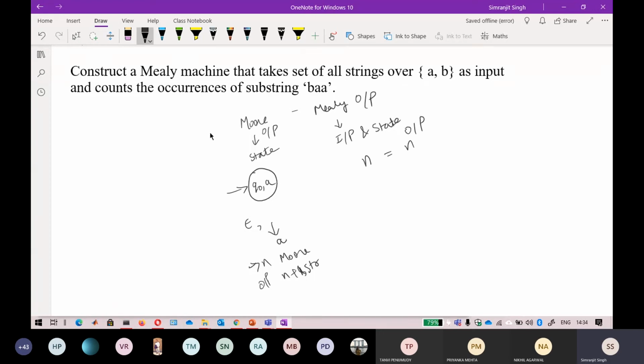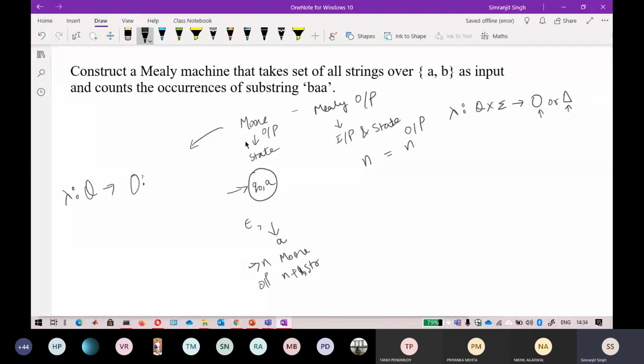If you remember, the output function of a Moore machine is denoted as O, which goes like this: Q extends to O. The output function is denoted by lambda. Keep that in mind. In the same way, the lambda of a Mealy machine here is Q times the input gives the output. In some books delta is used, in some books O is used, so you can follow any kind of notation here.